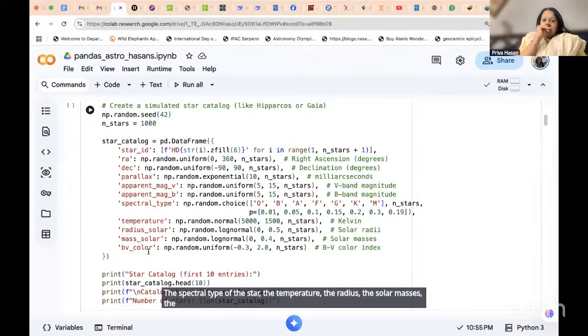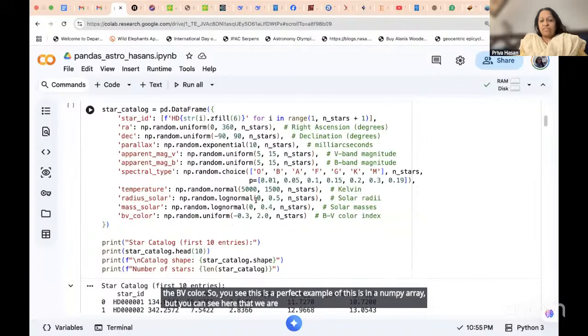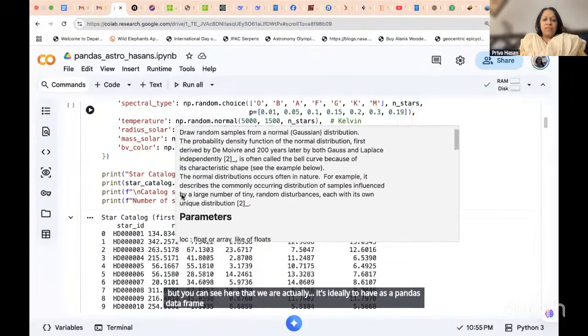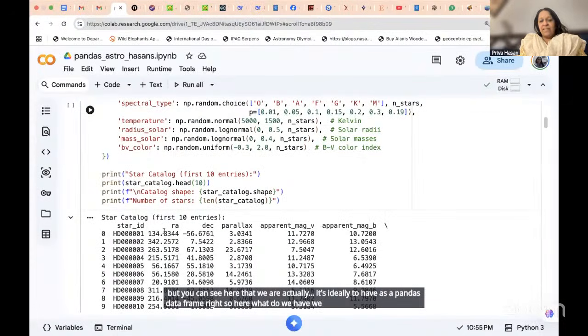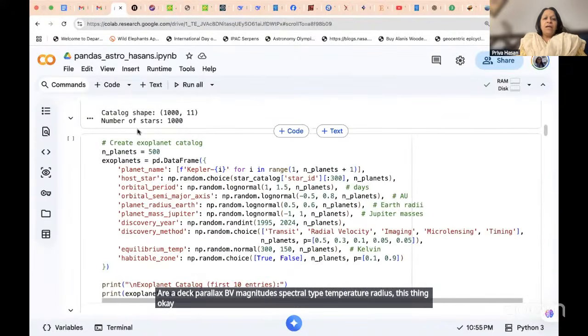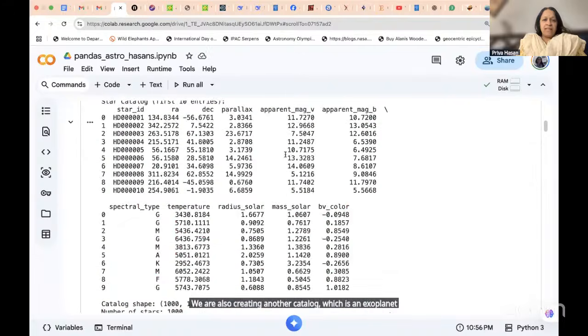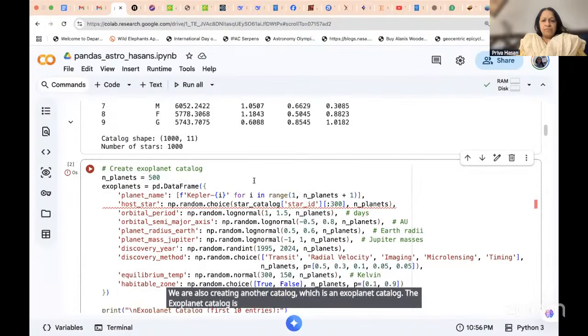So you see, this is a perfect example. This is in a Numpy array, but ideally we want it as a Pandas data frame, right? So here what do we have? We have a star ID, RA, Dec, parallax, BV magnitudes, spectral type, temperature, radius. We are also creating another catalog, which is an exoplanet catalog. The exoplanet catalog is basically